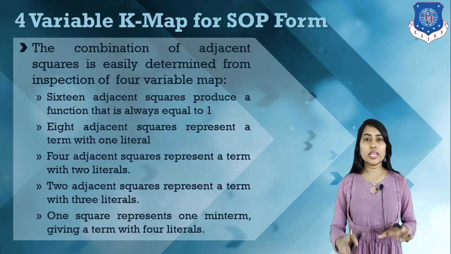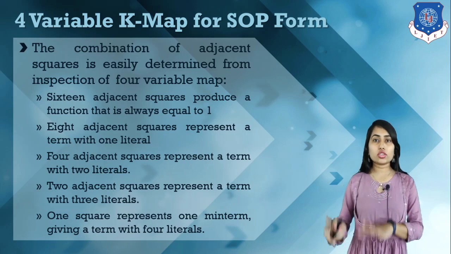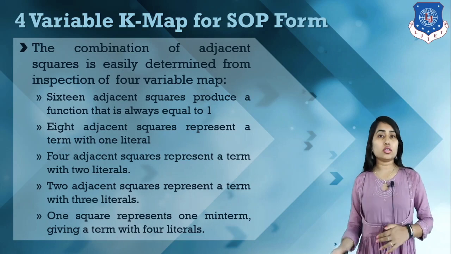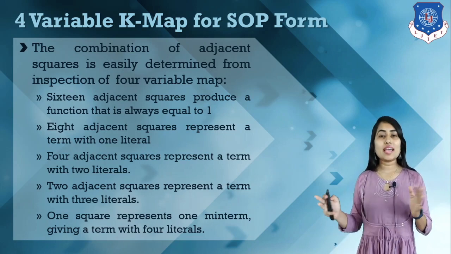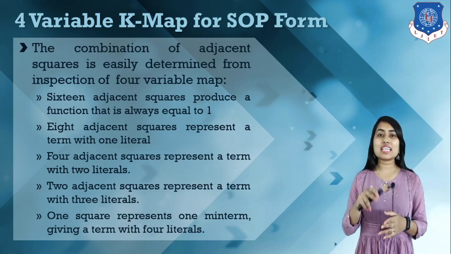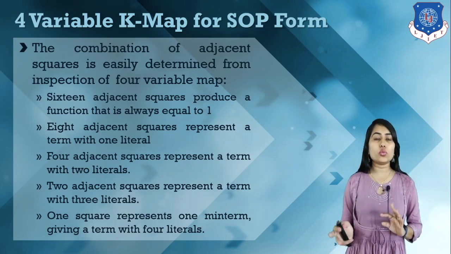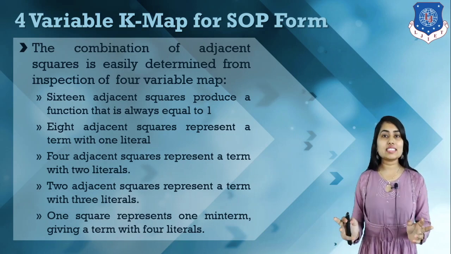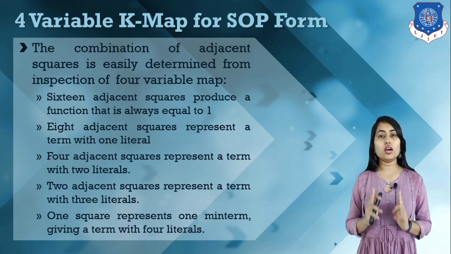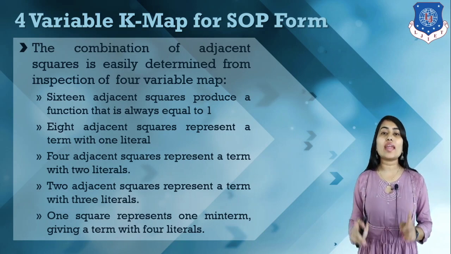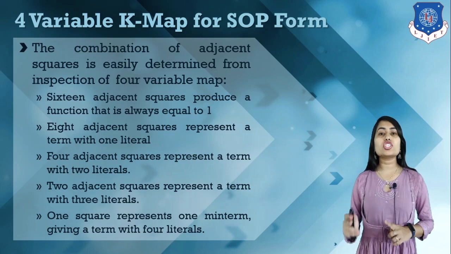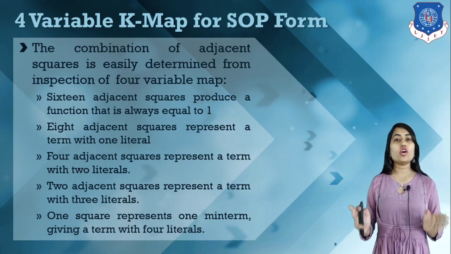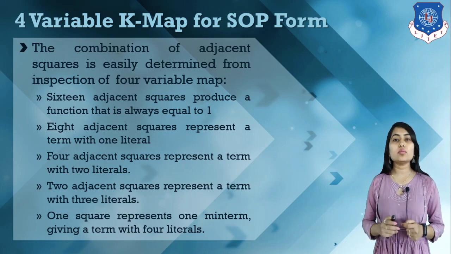Here we have to make a group in a power of 2 only. So this is how, by combining these kinds of groups, we can combine logical function outputs, with adjacent ones. It is necessary to make a group of adjacent squares, and then write logical functions for each individual group, and then take a sum of all the individual groups. So here we have a simplified logical function.